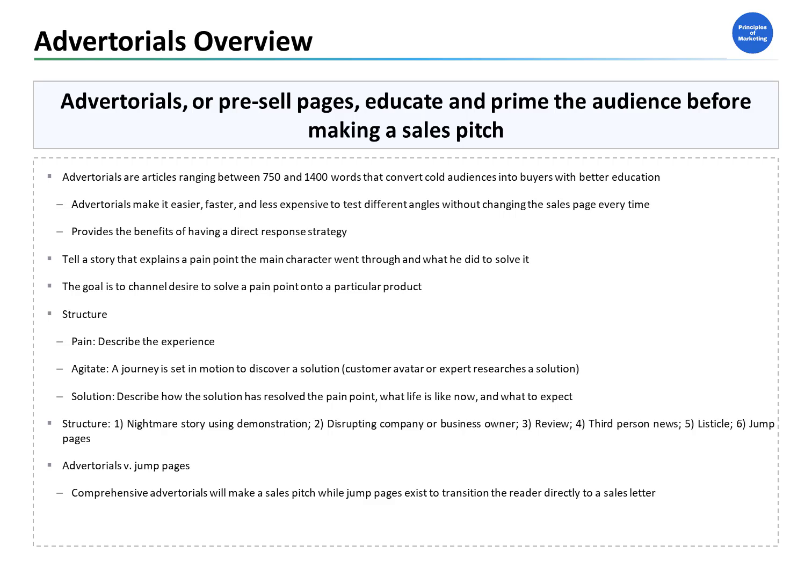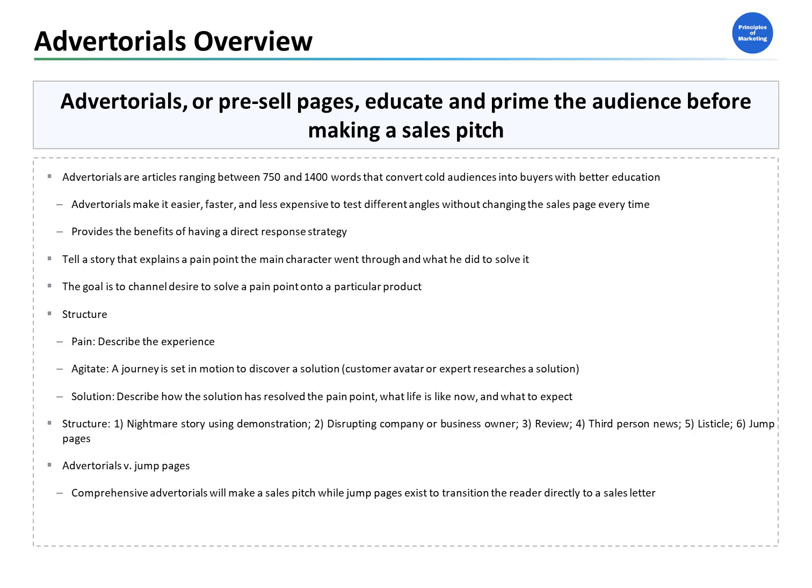So we talked about all this before. This is the typical structure for an advertorial, and at the end of the day, it's all about taking those emotions that are already within the customer and those desires and channeling them onto a particular product. They want to lose weight. Well, they're going to read a story about some woman's weight loss journey, and that journey is going to culminate in that woman buying a certain kind of product, maybe some kind of supplement. And so all of a sudden, using that story, you're triggering emotions that prime the audience to buy that supplement. And then they're led to the sales page, where it's a lot easier to make the pitch